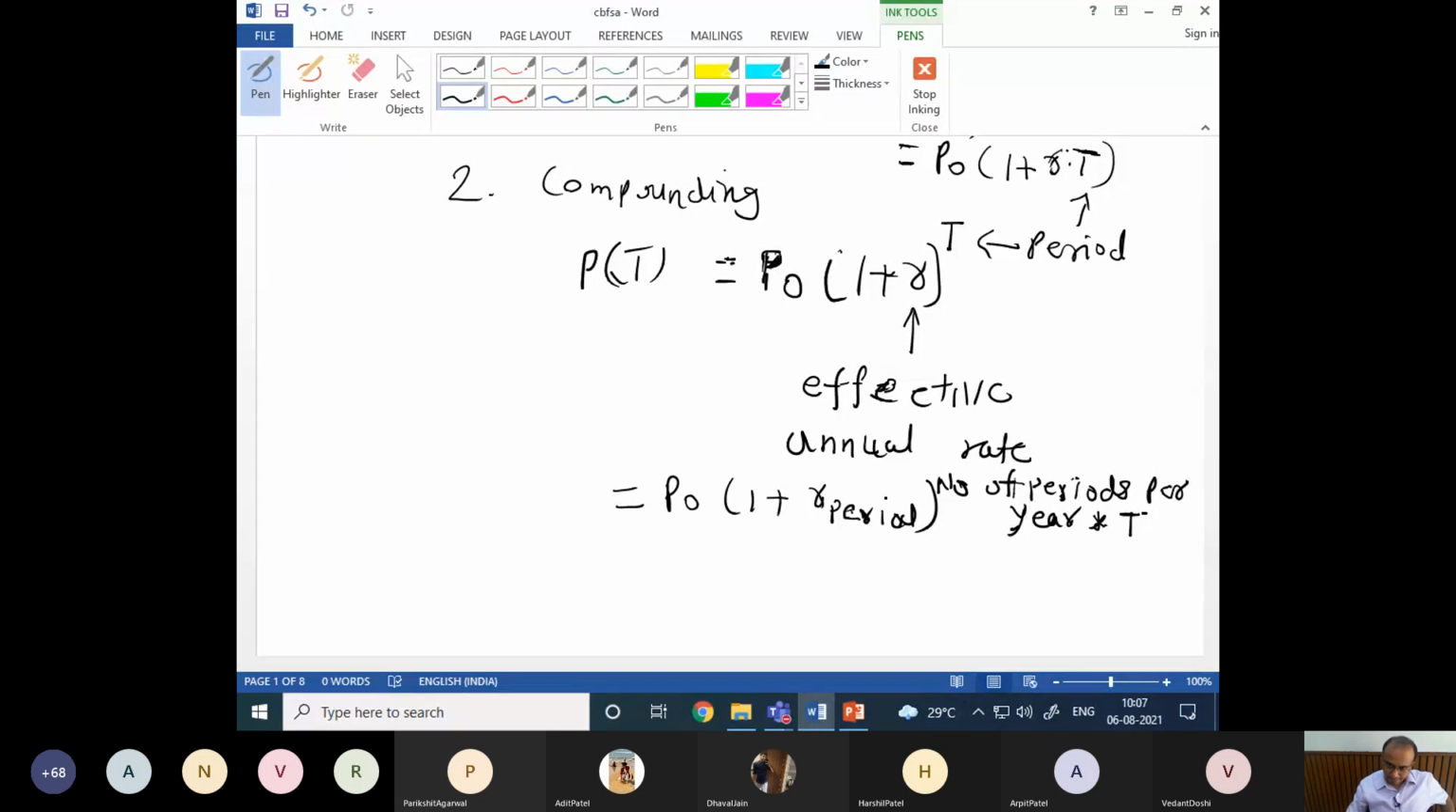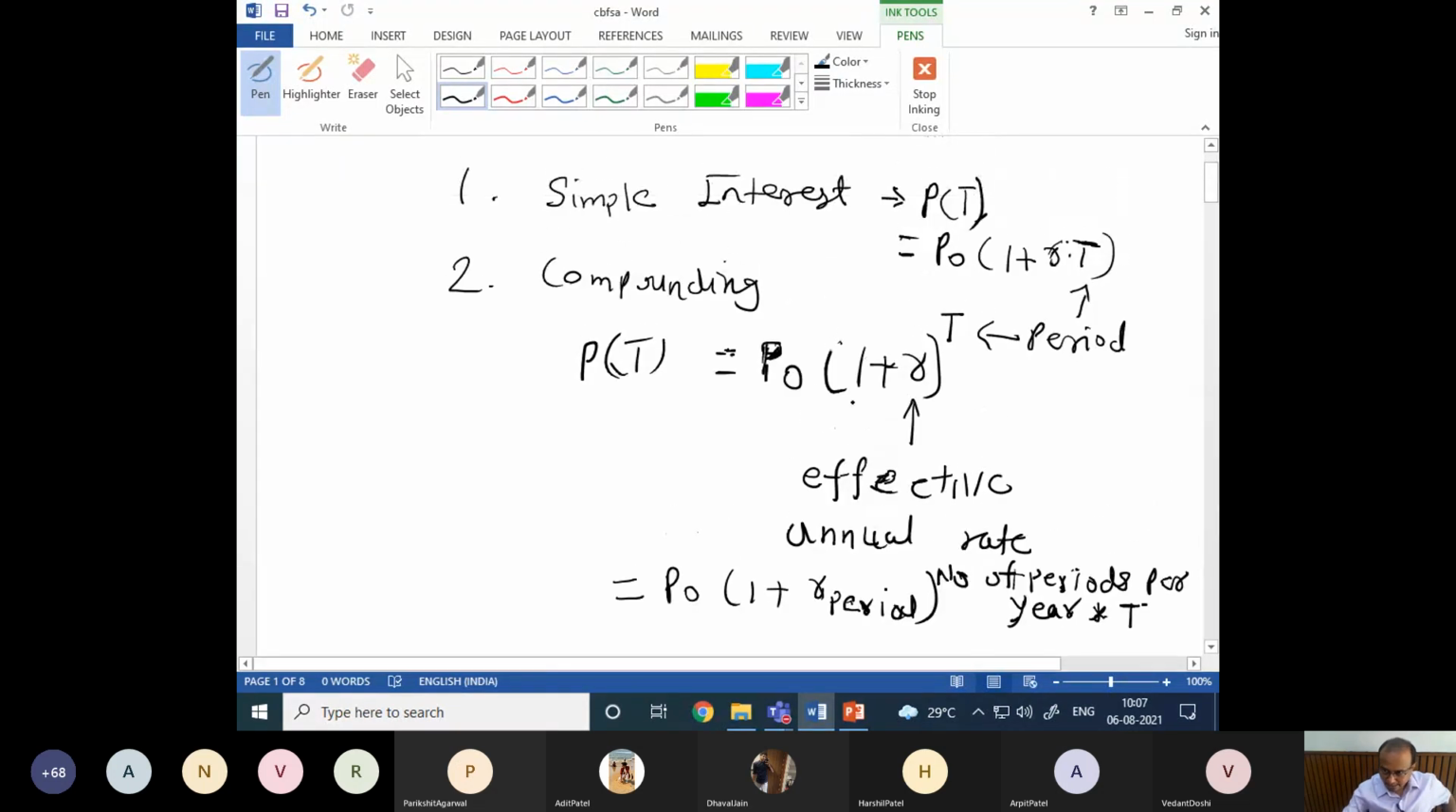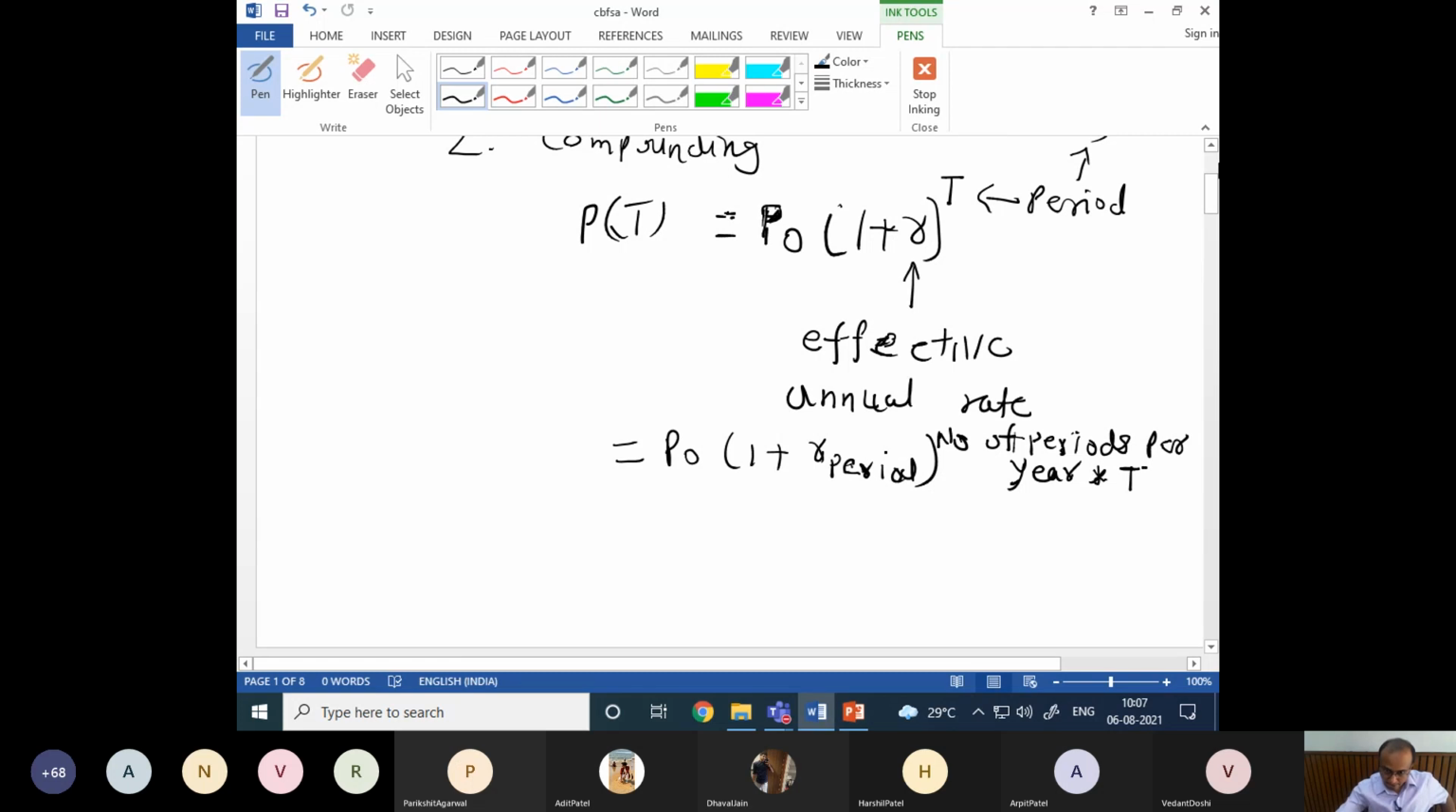So we have seen these two formulas. Also in case of simple interest, suppose the interest rate is not specified annually but for the entire period. Then we can write it like this: 1 plus R_T, where R_T is the interest rate for the entire duration. So that calculation is also there in simple interest. You need to take care of this. In compounding, these are all discrete compounding cases, but if I go with continuous compounding,